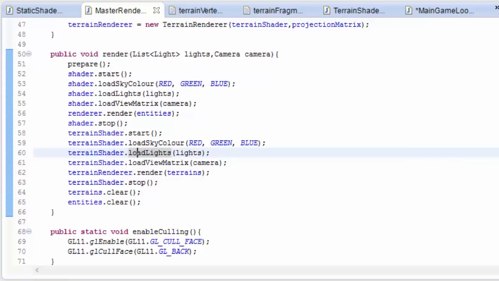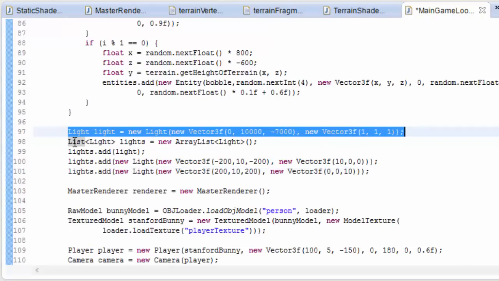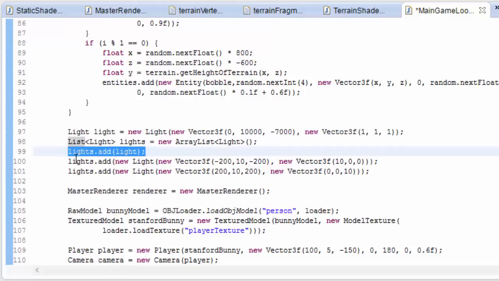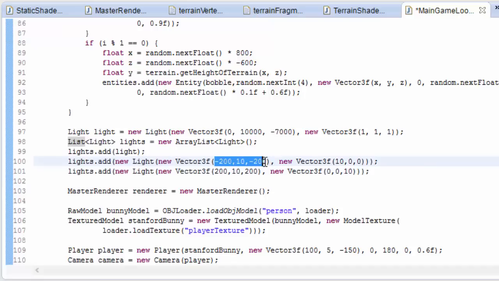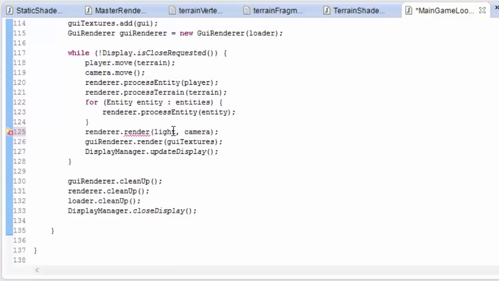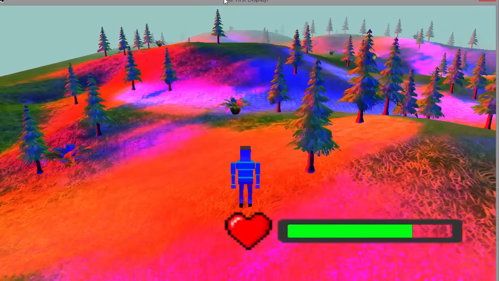So do that. And once you've done that, you can go into the main game loop, go to where you usually set up your light, and now you need to create a list of lights, and you can add your original light to that list, but you can now also add some new lights with their own positions and their own colours, and you'll see here that I've made my colours very bright because I want to be able to see what's going on. Also down here in the while loop, we need to change the render method to take in the list of lights instead of just one light,